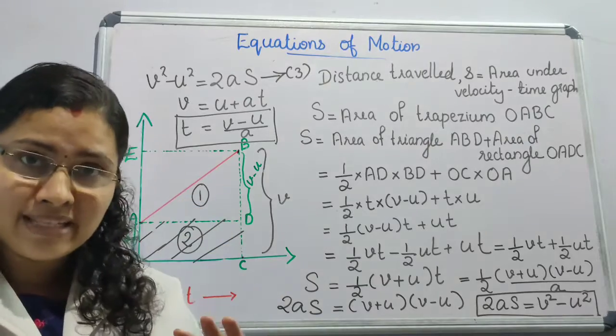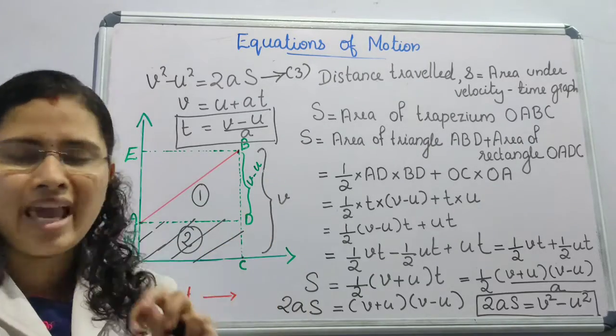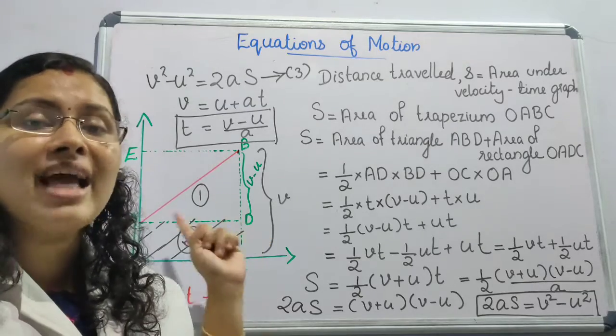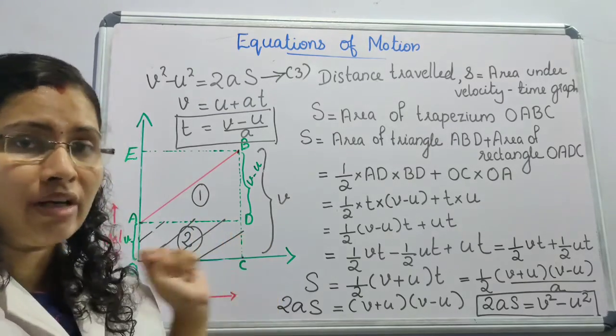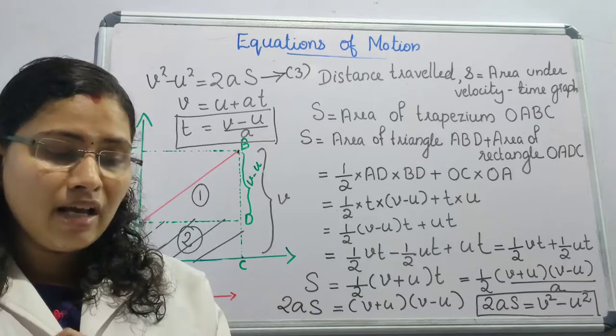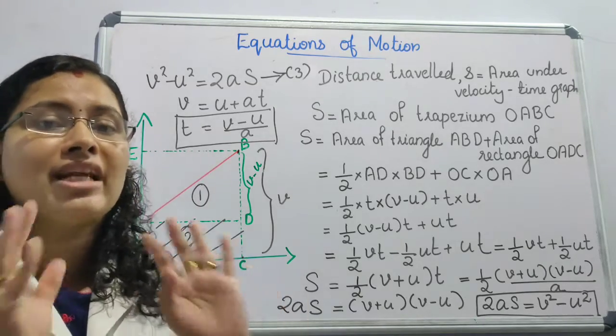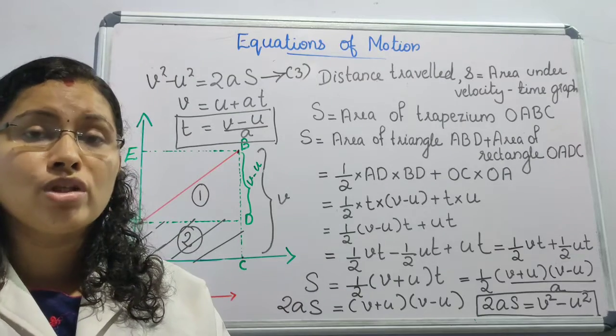Okay. All the three equations we have derived from the same graph. What is that graph? That is the velocity time graph for uniform motion when the object is initially not at rest. Okay. So we have derived the three equations of motion which are very